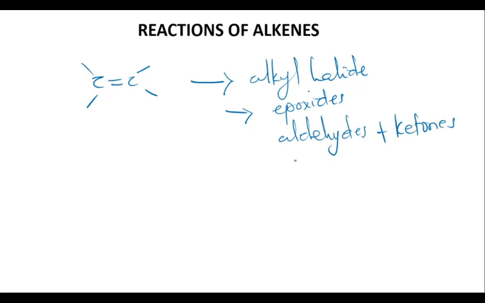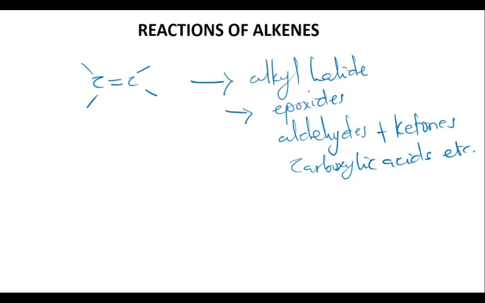We can also produce carboxylic acids, and many other functional groups from reacting alkenes. Now in this tutorial and other subsequent tutorials, we will be covering the most common reactions, including their mechanisms,